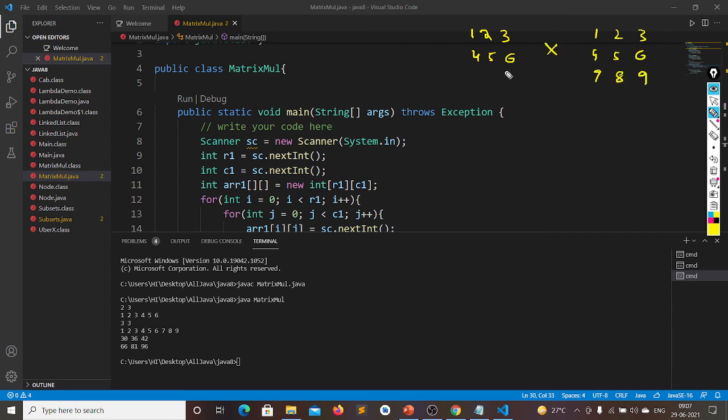Do the multiplication with these matrices, and the resultant should be 30, 36, 42, and 66, 81, 96. So this is the resultant array I have got, but check whether it is right or not. That is the assignment for you, a little homework. So that's it about this matrix multiplication.